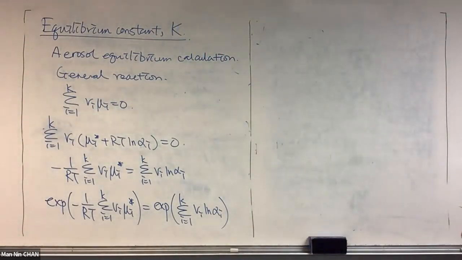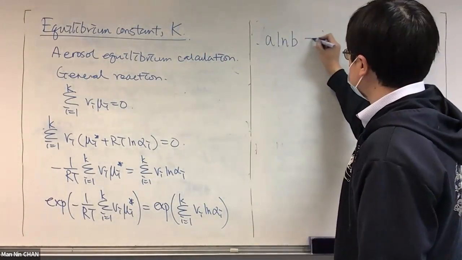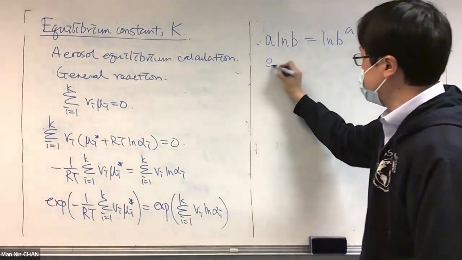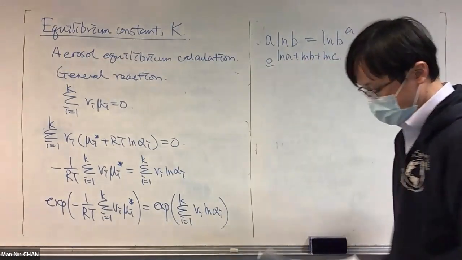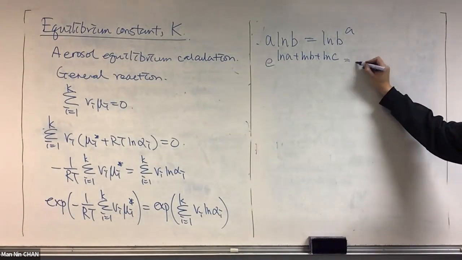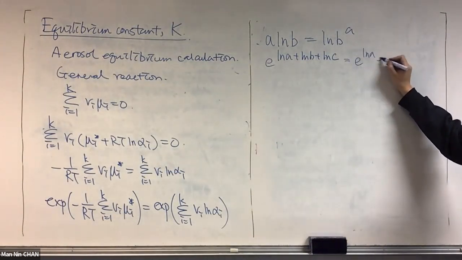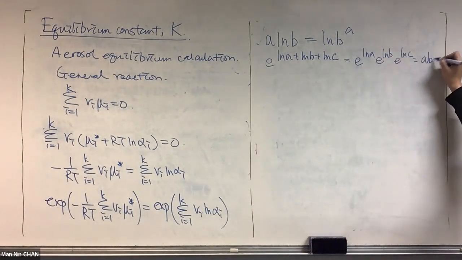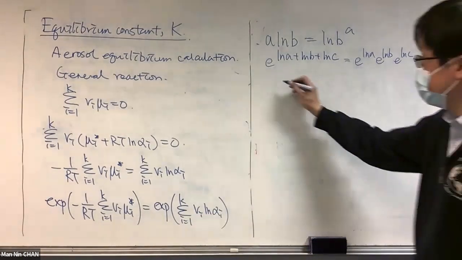You can apply some rules. If you still remember from the natural logs, that would be natural log of B over A. And the exponential of natural log A plus natural log B plus natural log C would be equal to the natural log of ABC. So if you apply this, come back to here. This will give you